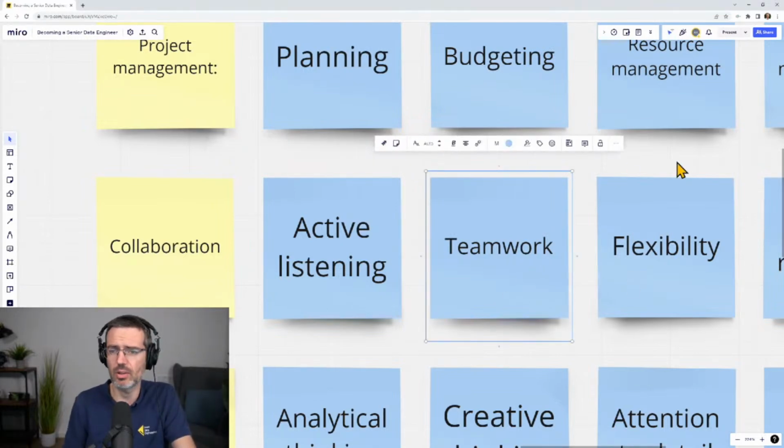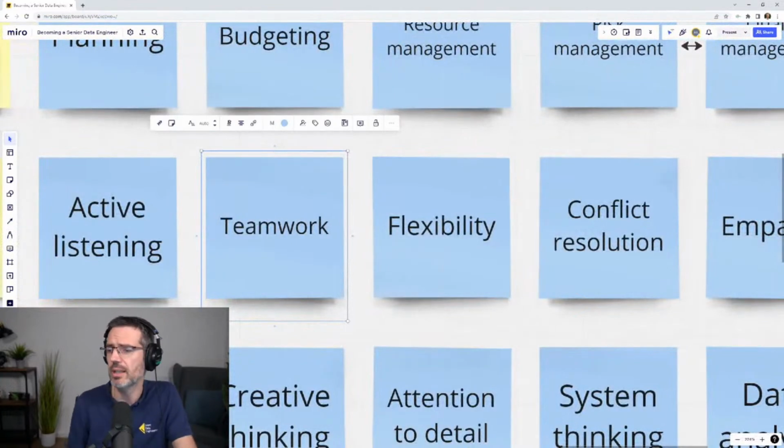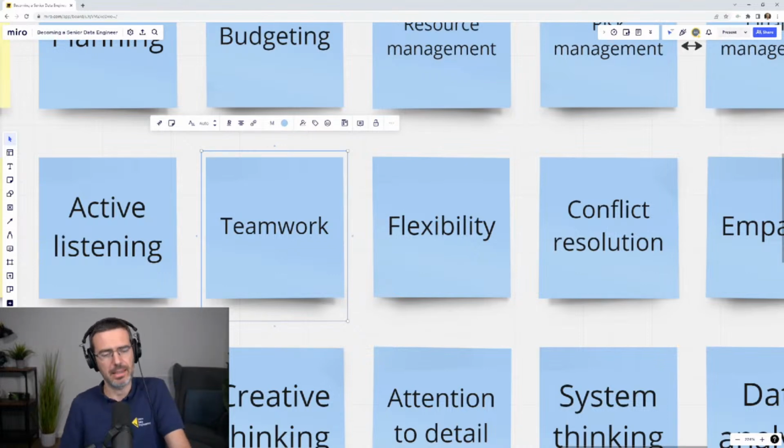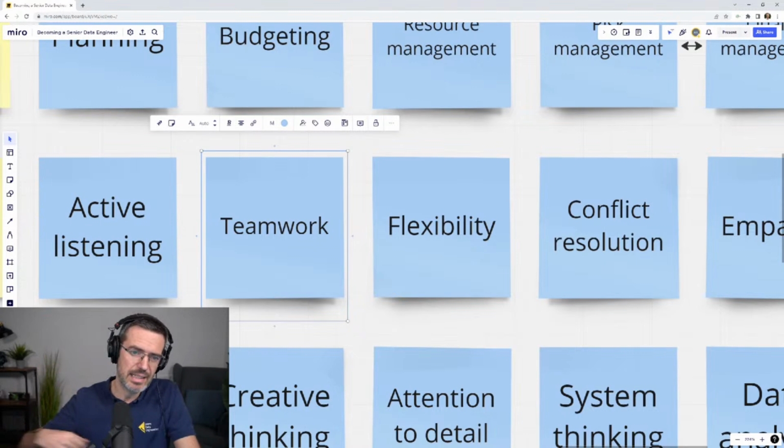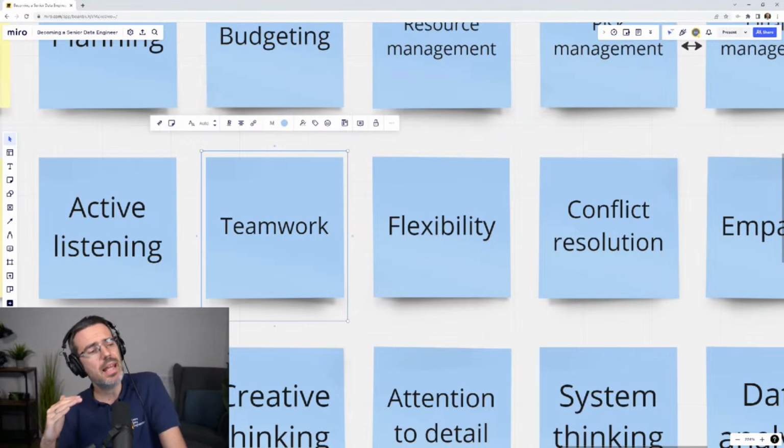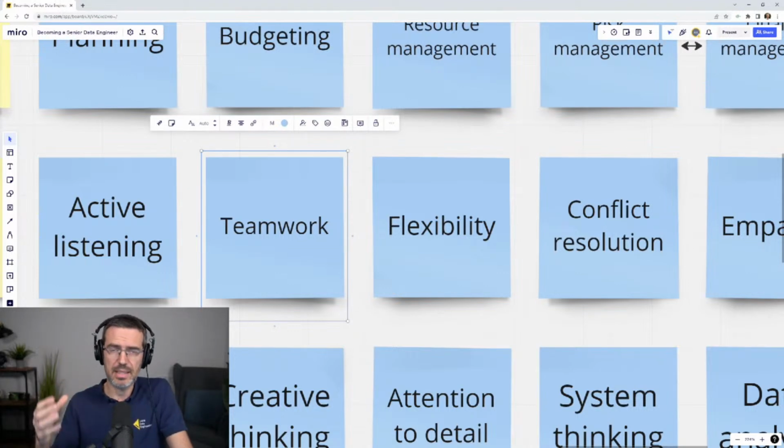Teamwork, of course. Collaboration is all about teamwork. We need to do a lot of teamwork. Senior engineers should be able to work effectively with others and collaborate with team members to achieve common goals. You see, this is a lot of collaboration, communication, working with others. And maybe that is something that a lot of people don't realize, that you don't become a senior engineer or get a senior role or team lead role just because you've been working in a job, being an engineer, for 10 years.